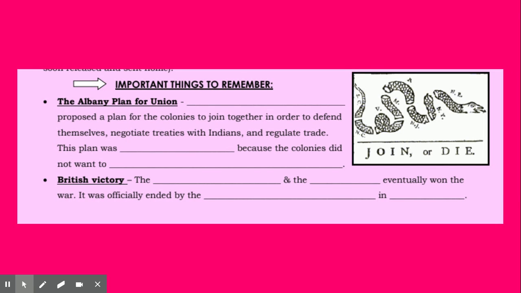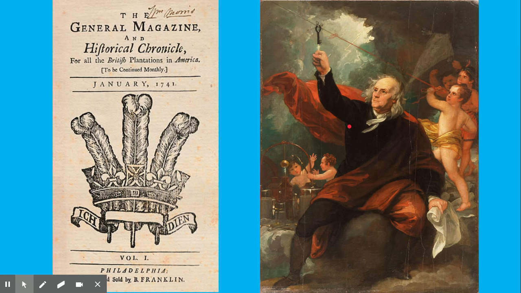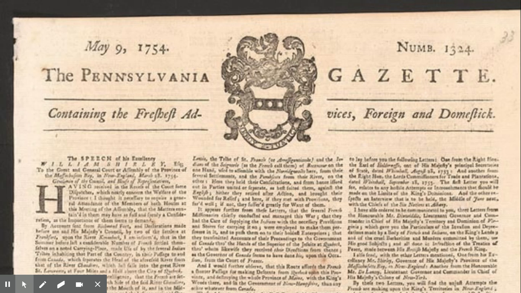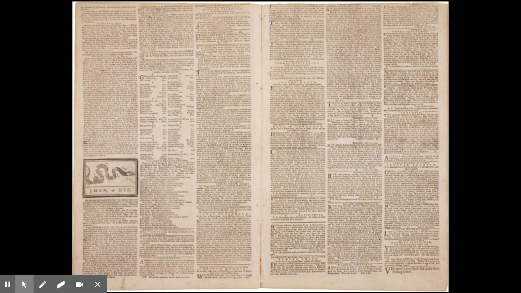Important things to remember: Albany Plan of Union and the British victory. We talked about these things in class. You may have gotten the notes down, but if not, we're going to go through it really quickly here as well. You might remember the Albany Plan of Union was Ben Franklin's plan to join together the colonies, these 13 colonies, which at the time were completely separate entities. He wanted to join them together. He called for a meeting in Albany, New York, and he suggested that the colonies, if they wanted to survive, would have to join together,